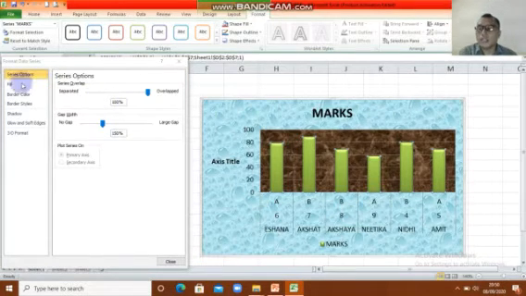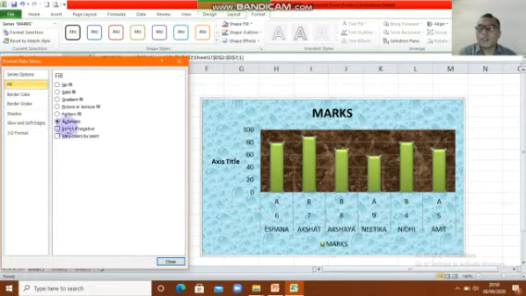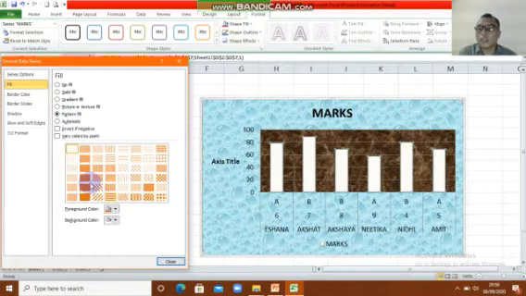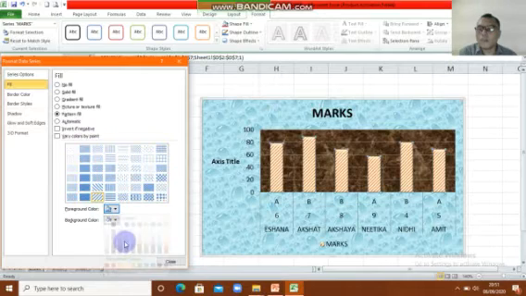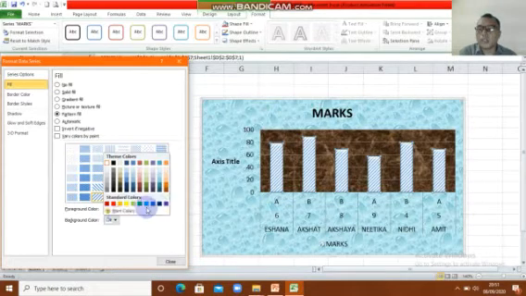You click Fill. Fill means the inside, the filling. What do you want? For example, a pattern. We try from here, we try this. If you want to change the color, just click this. Maybe you change it, choose this, for example, and also this one.